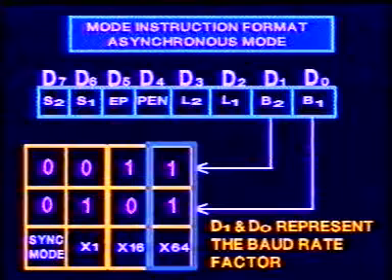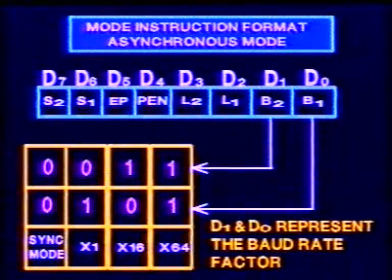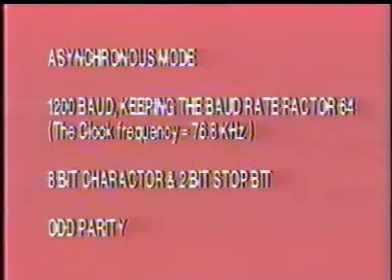11 indicates that the clock is 64 times the baud rate. Let us see an example to set the mode word for asynchronous mode. 1200 baud, keeping the baud rate factor 64. The clock frequency is equal to 76.8 kHz. 8-bit character and 2-bit stop bit. Odd parity. The mode word becomes